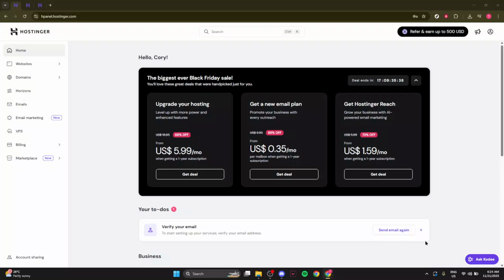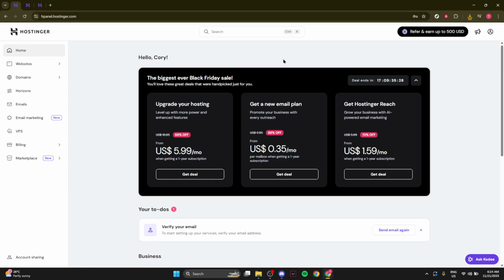In today's video, I'm going to teach you how to export emails from Hostinger. By the end, you'll know how to save messages from your Hostinger mailbox as .eml files, which you can keep as backups, share securely, or import into other mail apps. An .eml file is a standard email format that preserves the message content, headers, and attachments exactly as they were